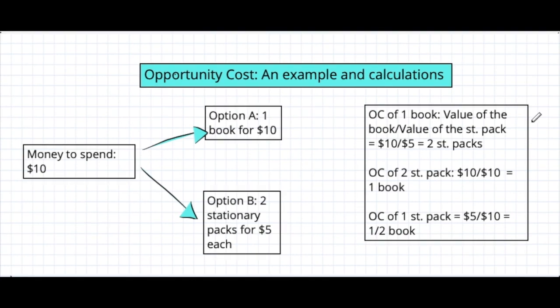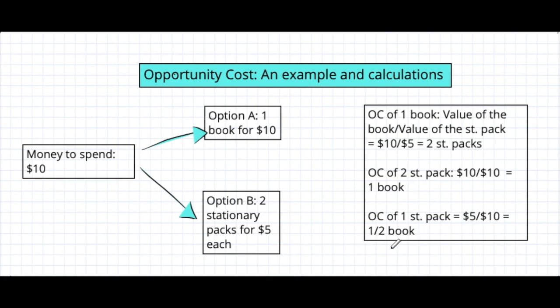bought. Reversing the same formula, you can also calculate the opportunity cost of one stationery pack, which will be the price of one stationery pack divided by the price of a book, which is $10. The answer is going to be half a book. Not that purchasing half a book is a possibility in reality, but what opportunity cost really helps you understand is the true economic cost of your purchase. If you were to buy one stationery pack, what you're really foregoing is the value that half a book could